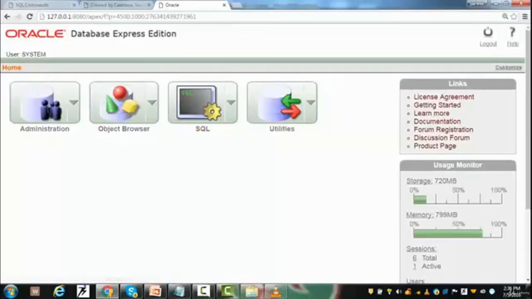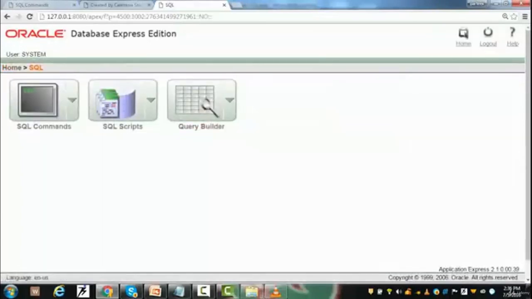Here my task will be to execute SQL statements, so I will select SQL. It will open another page having three further options: SQL commands, SQL script and query builder. We have to select SQL commands.